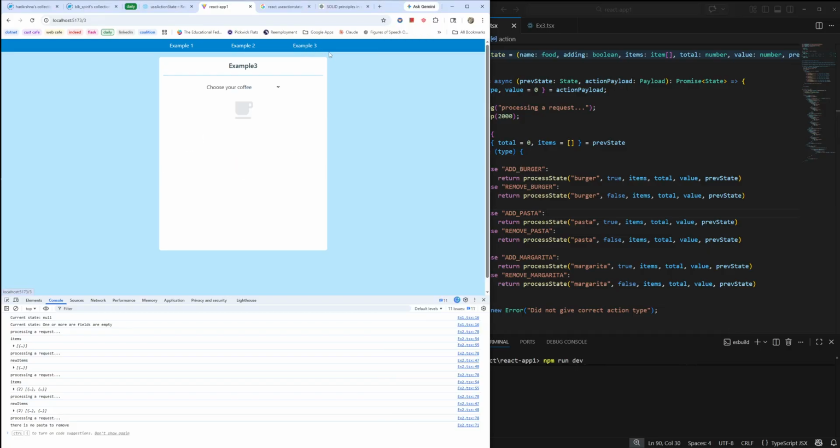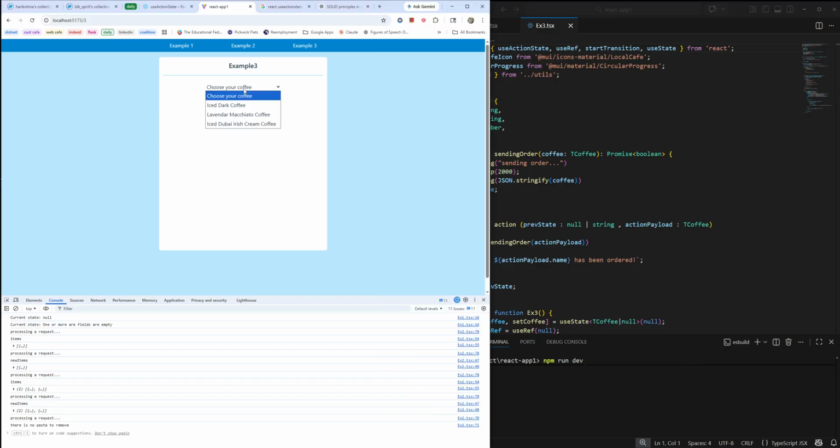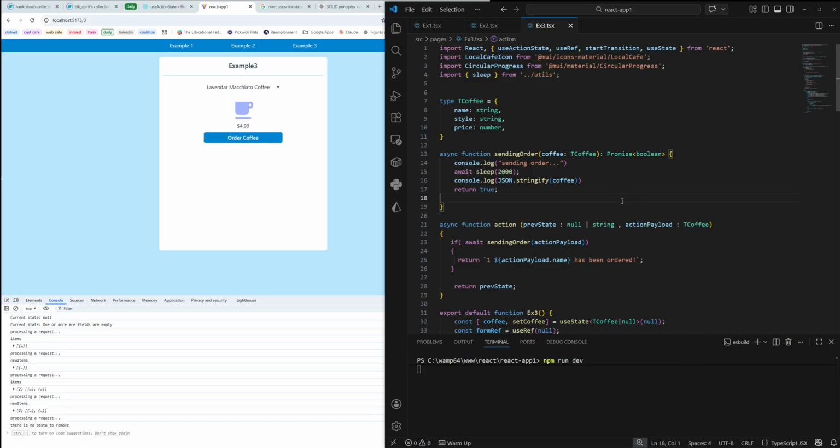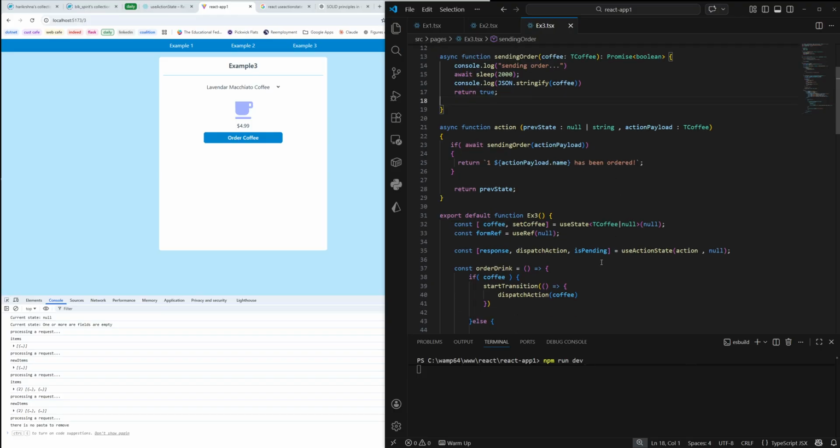But let's skip over to example 3 here. And here is pretty much the same thing if you wanted to change a different type of coffee. So you have iced coffee, and this is $3.99. Or, you wanted to change it to lavender macchiato coffee. I don't even know anything about coffees, but if you wanted to have different types of coffees, let's look into the action state. And the action state originally is null. You have no response, but